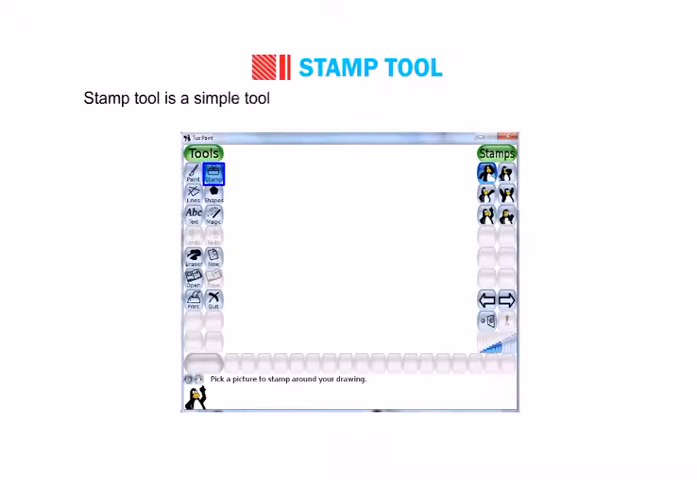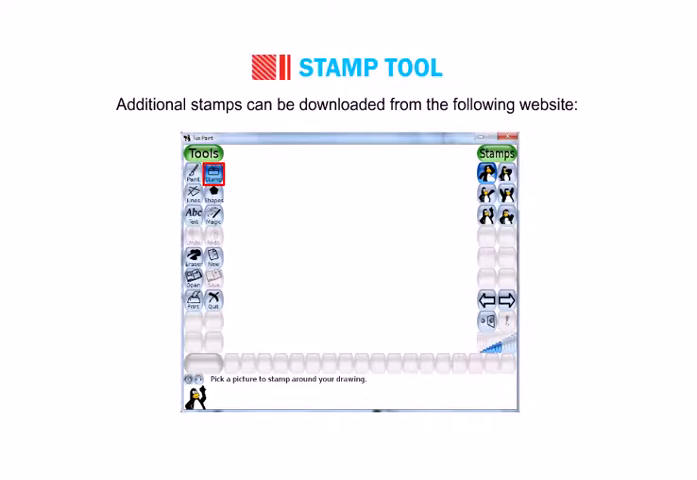Now, let us find out what a stamp tool is. Stamp tool is a simple tool which is used to put a stamp and add images in your drawing. Tux Paint already has some inbuilt stamps. Additional stamps can be downloaded from the following website: